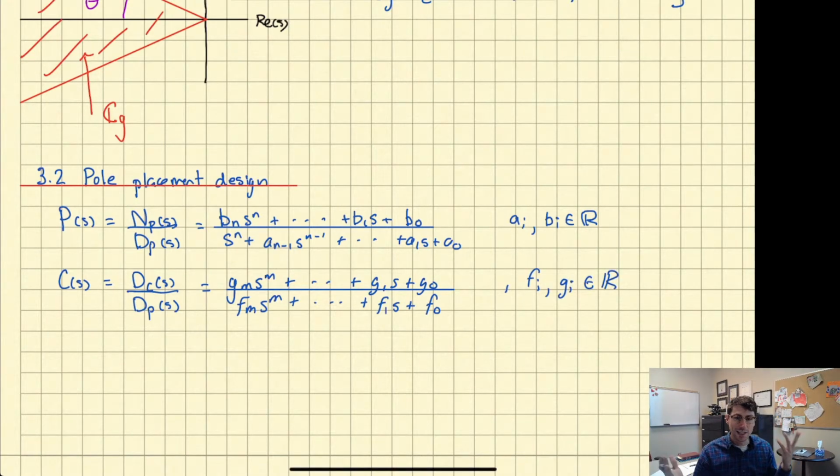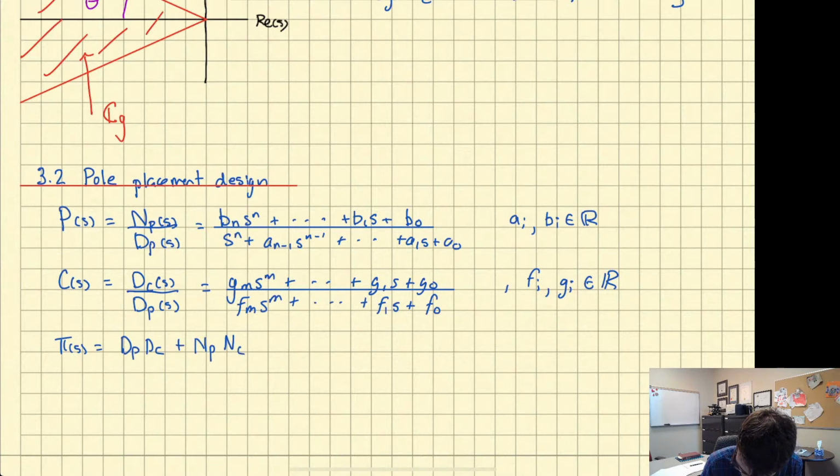Notice this contains PID controllers. It also contains basically any linear time invariant controller of order m. And so then we get pi of s, and the degree of pi of s is less than or equal to n plus m. Depending on the values of the f's and the g's, at most it'll have degree n plus m. And so our problem,